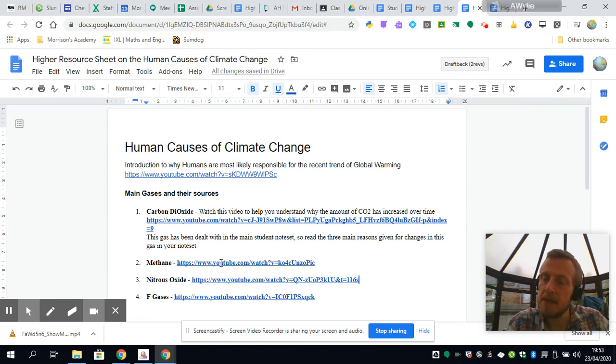explain why the amount of methane across the planet has increased. Obviously, we are looking at things like cows and rice farming. We are looking at the amount of waste we create that then decomposes and gives off methane gas. You can have a little look at your National 5 notes again if you wish, because there is some pretty good stuff on methane. For nitrous oxide, what we're really talking about is agriculture and the use